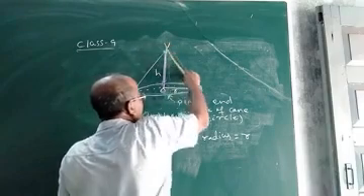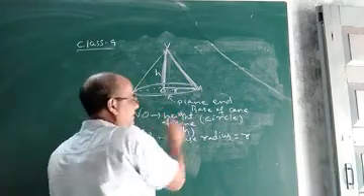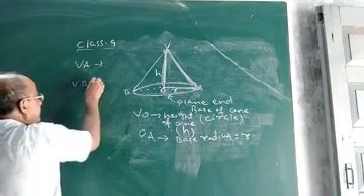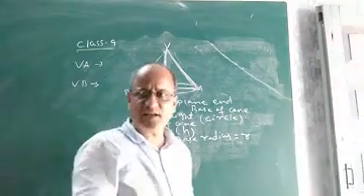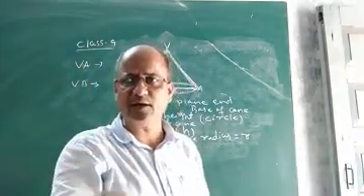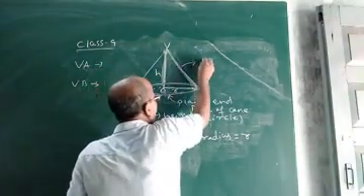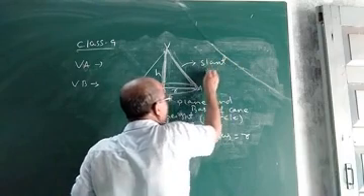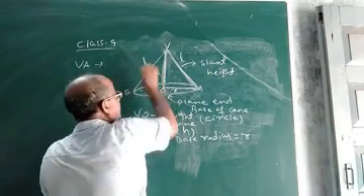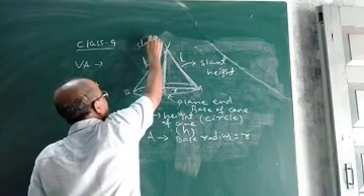Now look at this one. This is another height. What do VA and VB represent? They represent another height. In a cylinder we have only one height, but in a cone there are two heights. This is one height, and the other is called the slant height. It is a new thing for you. Slant height is denoted by the symbol L. This is also your slant height.